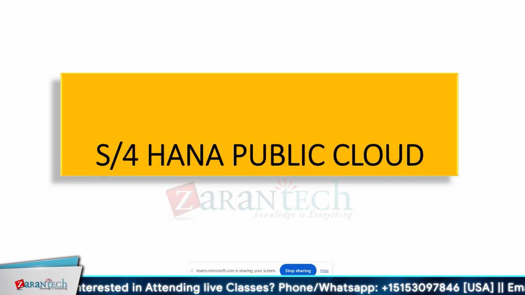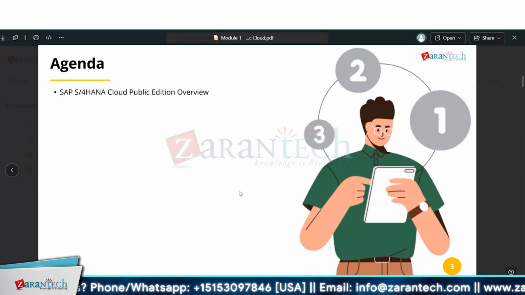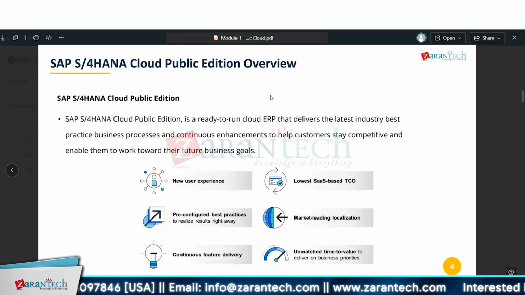So we are going to look at S/4HANA Public Cloud for this training. This chapter talks entirely about the SAP S/4HANA Cloud Public Edition overview. So having said that, this is the overview of the public edition. SAP S/4HANA Cloud Public Edition is a ready-to-run cloud ERP that delivers the latest industry